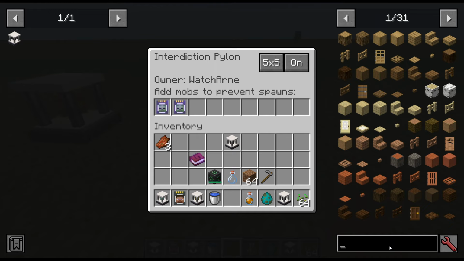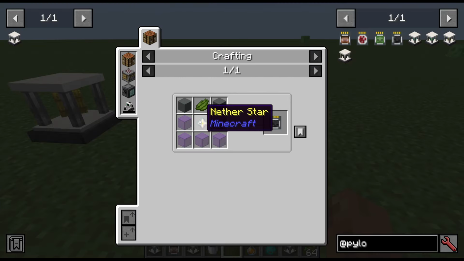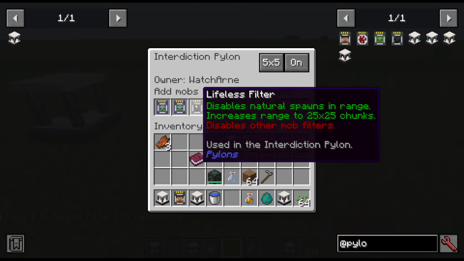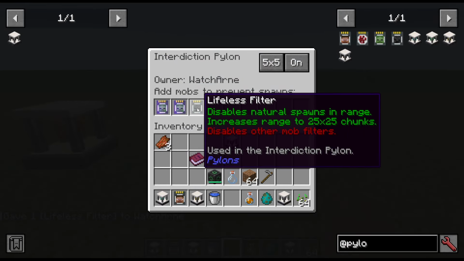Now there is also a lifeless filter needing a nether star. Disables natural spawns in range. It increases the range to 25 by 25 chunks. It disables all other mob filters. And by this, it does mean this one in here will stop everything from spawning, no matter what it is, in a 25 by 25 chunk radius around